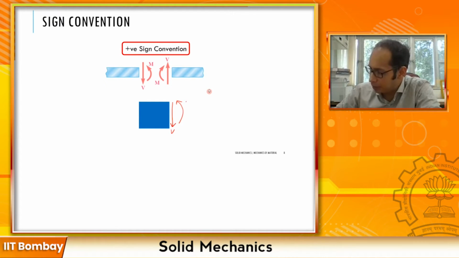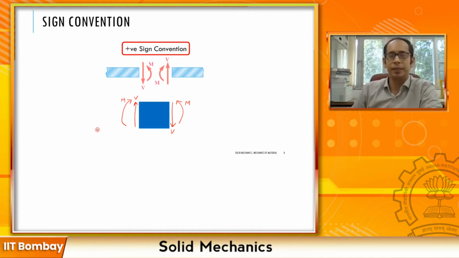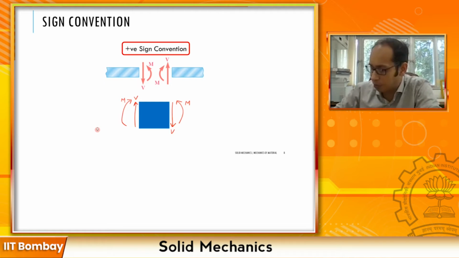So this is my V, this is my M over here. And if I'm looking at the left hand side, I'm going from right to left, here also from right to left. Here my positive V is acting vertically up and a positive moment is acting like this. So this overall is a positive element,